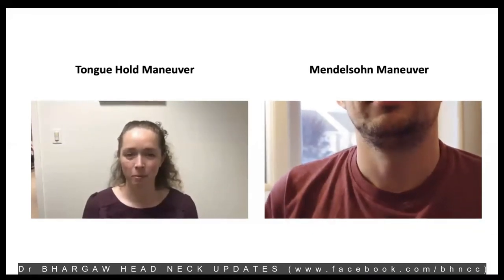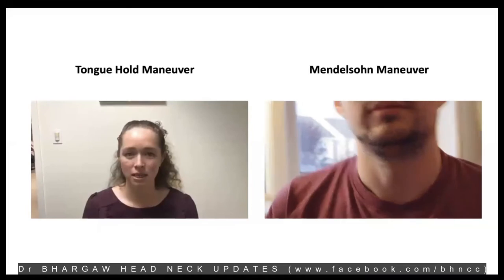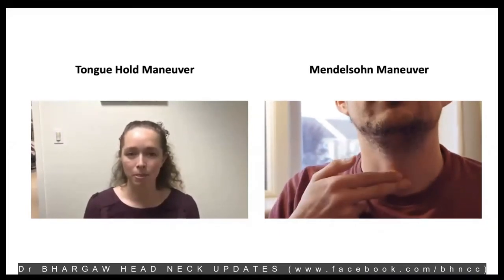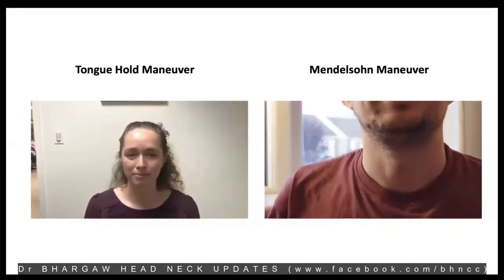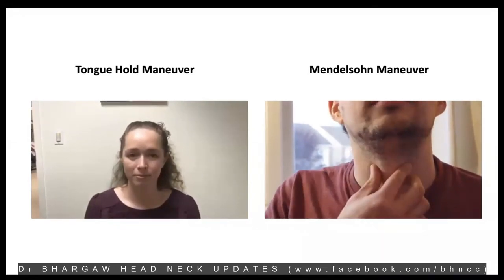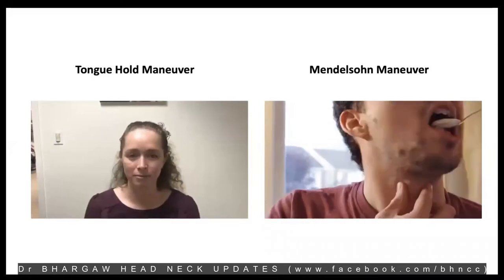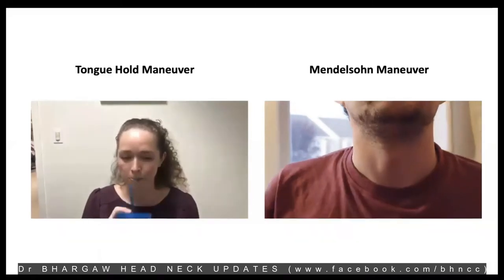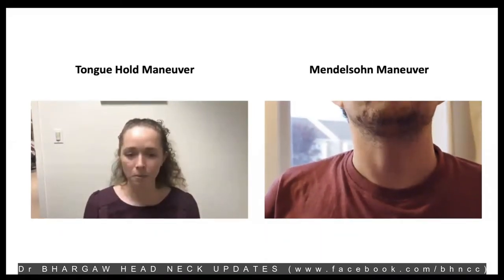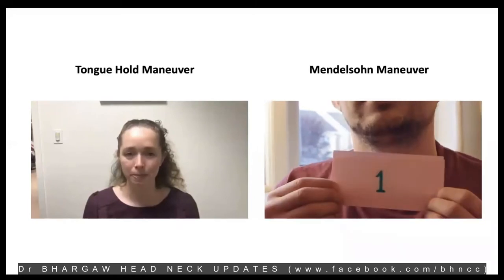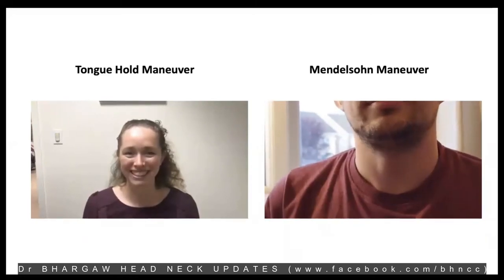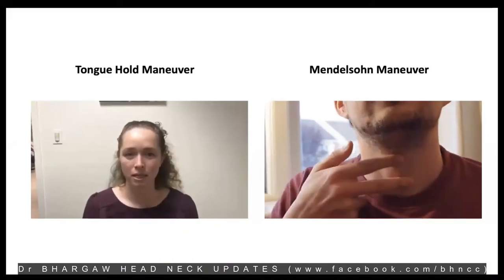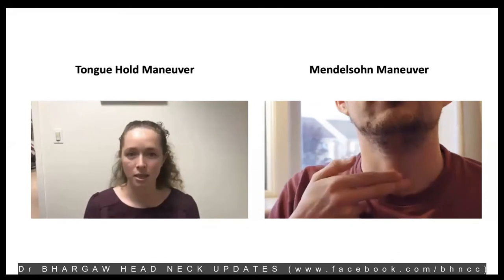You try to hold the tongue between the teeth and try to do a dry swallow, and also stretch the tongue out as far as you can. This is basically working on the base of tongue. The other option is the Mendelsohn maneuver, where you actually recreate the hyolaryngeal elevation by manually elevating the larynx and trying to get them to eat some form of food consistency. This is after checking whether the laryngeal function is intact.